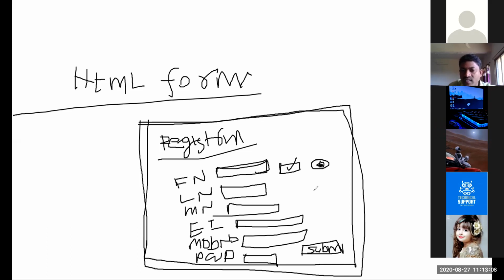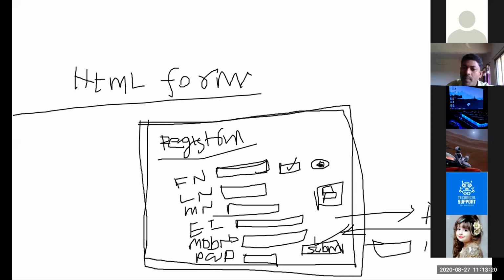When you enter all these things in the fields, finally you click the submit button. It will submit, go to the bank, verify the details, and come back to you. Then you will get the correct output. Yes or no? So all these things are created by HTML forms. These are the most important HTML forms.